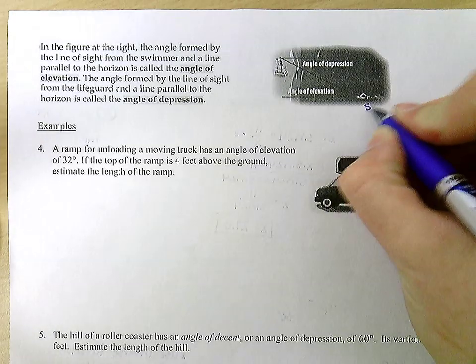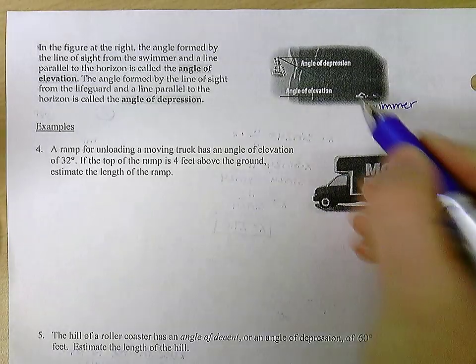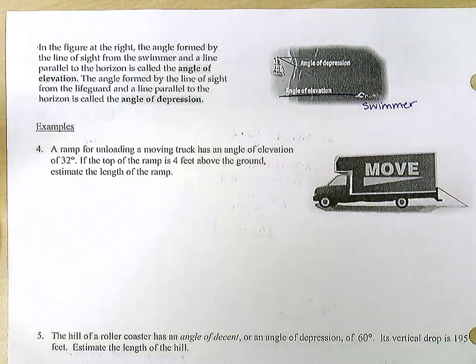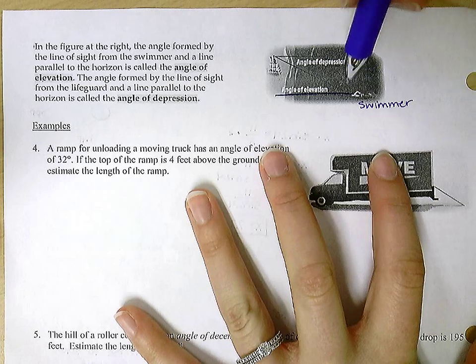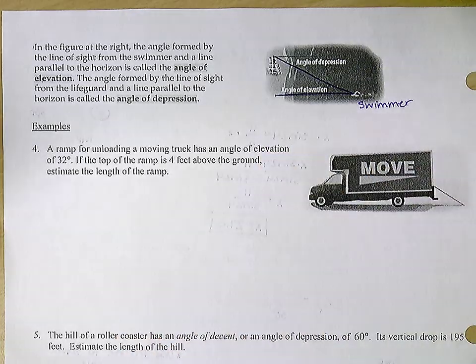So the swimmer is right here. Okay, the line horizontal is the line horizontal to the swimmer. Okay, that's that horizontal. Now if he is looking up,